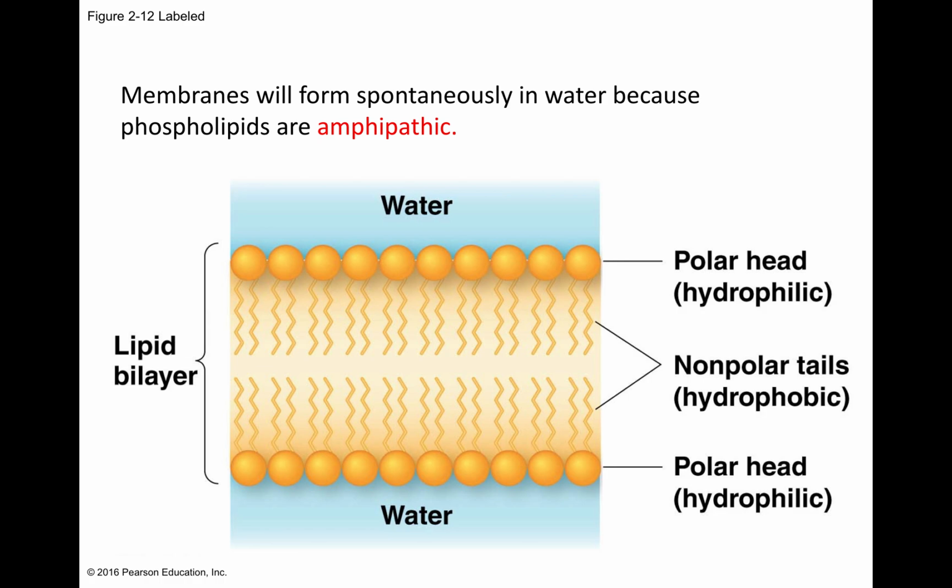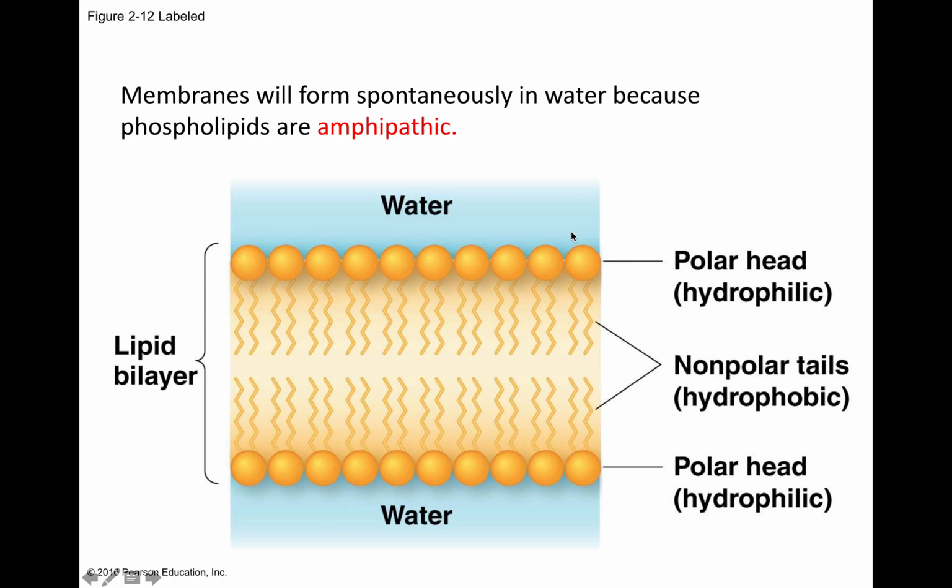Because water is polar, there are other molecules that will form structures spontaneously in water because they are amphipathic. They have parts of their structure that are polar and parts that are nonpolar. So if you put phospholipid in a water environment, it'll spontaneously form these bilayers where the nonpolar hydrophobic tails, the parts that don't like water, are pushed together, and the polar head groups of these phospholipids are facing the water because they're polar and water is polar also.